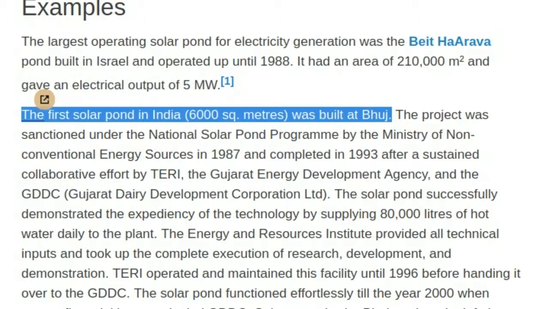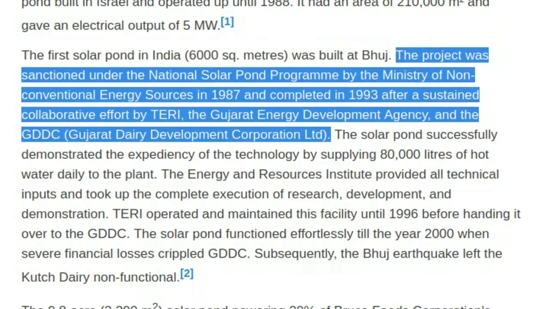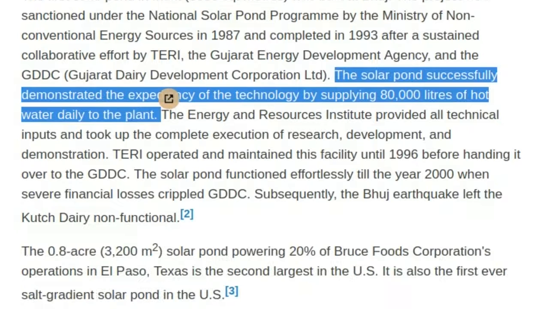The first solar pond in India, 6,000 square meters, was built at Bhuj. The project was sanctioned under the National Solar Pond Program by the Ministry of Nonconventional Energy Sources in 1987 and completed in 1993 after a sustained collaborative effort by TERI, the Gujarat Energy Development Agency, and the GDDC, Gujarat Dairy Development Corporation Limited. The solar pond successfully demonstrated the expediency of the technology by supplying 80,000 liters of hot water